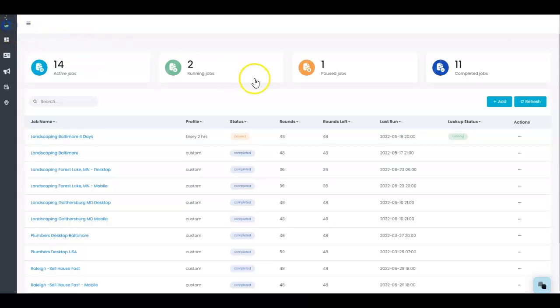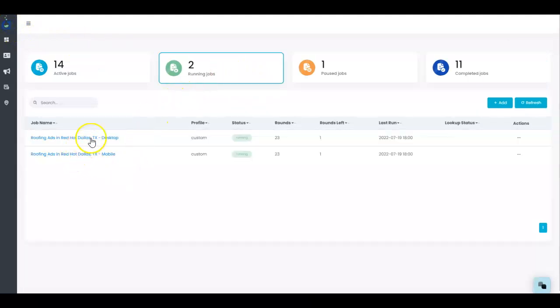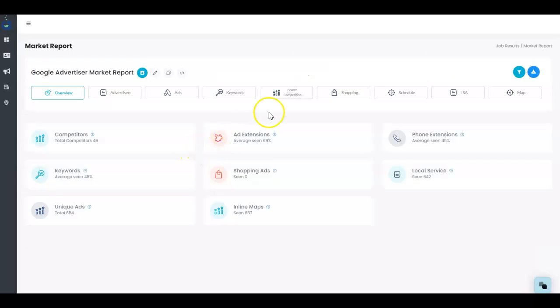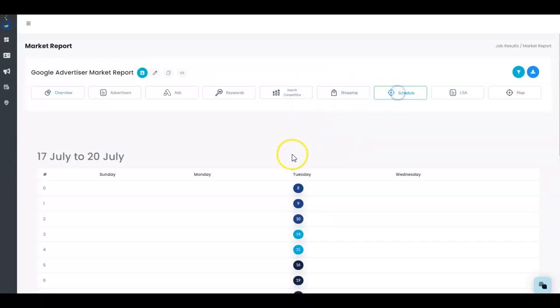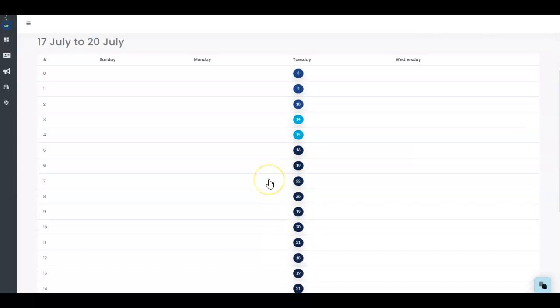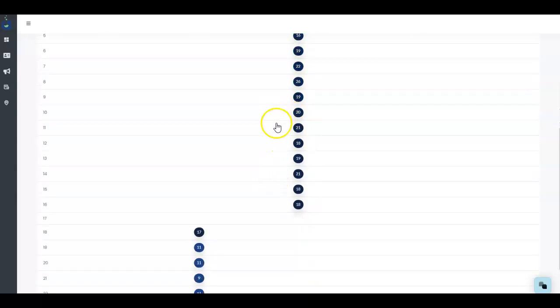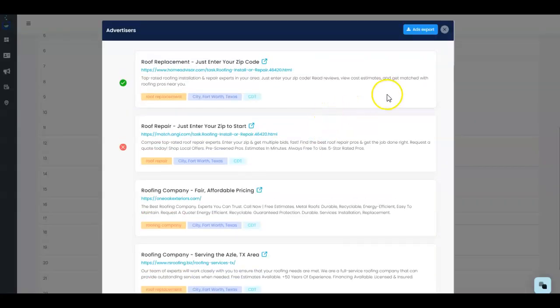Oh, I wanted to show you one more thing. Let's go back here. I always run desktop and mobile just to see whether mobile is going to present us with any opportunities that we don't have on desktop. And if you go in here, you can see it's also super competitive. From 5 in the morning till now, here at 8 o'clock in the morning, there's 26 advertisers trying to get